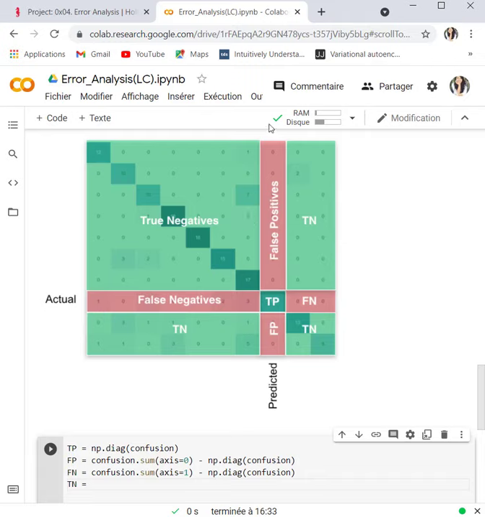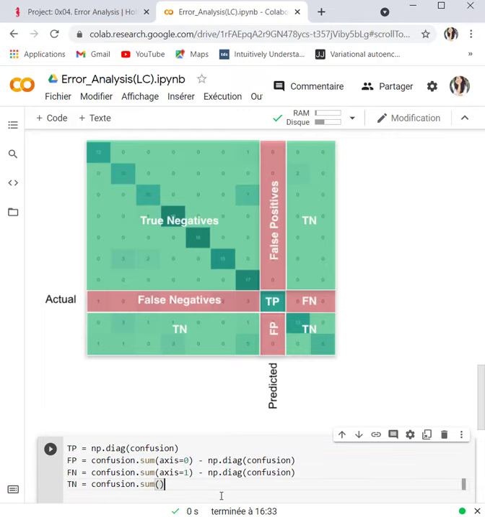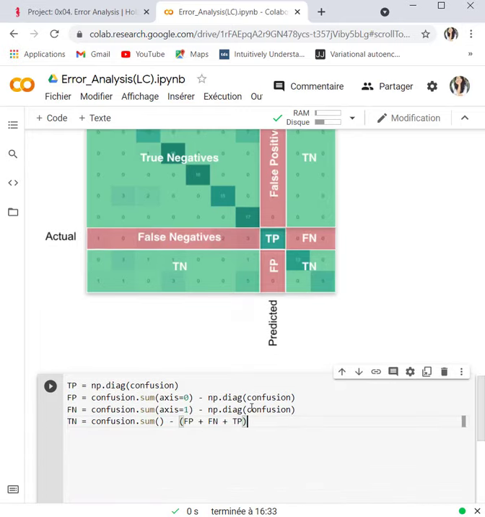So all the matrix minus the false positive plus the false negative plus the true positive. It's going to be the confusion matrix sum, the summation of the whole matrix, minus the false positive plus the false negative plus the true positive. So this is it for this part.